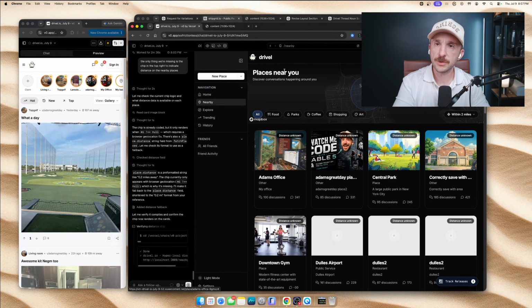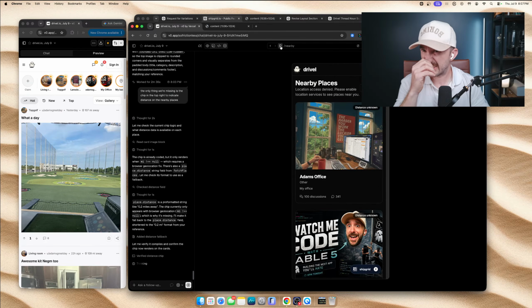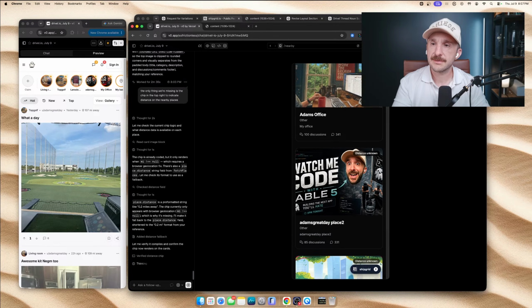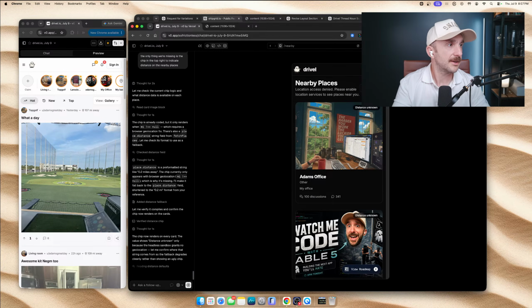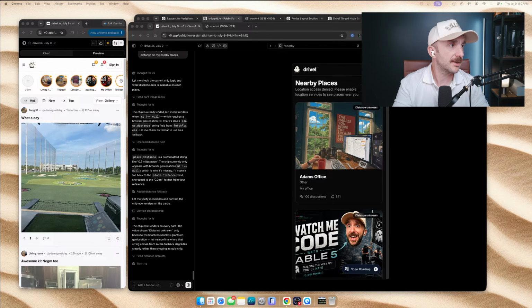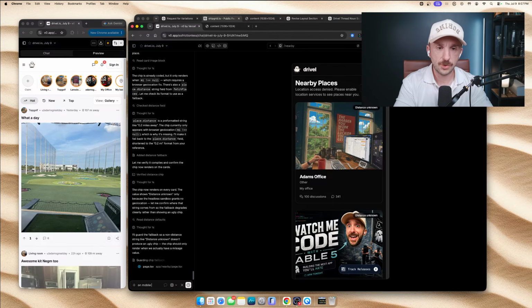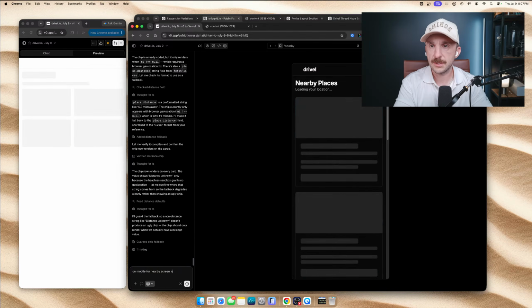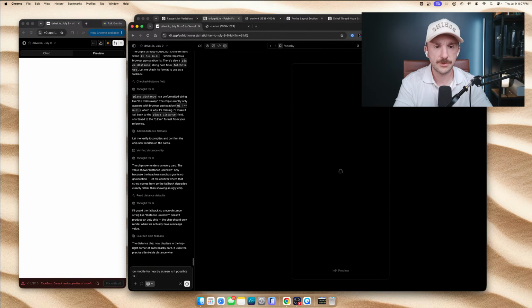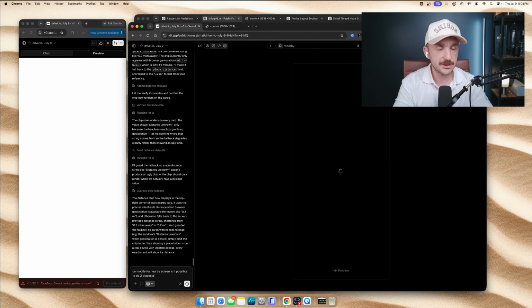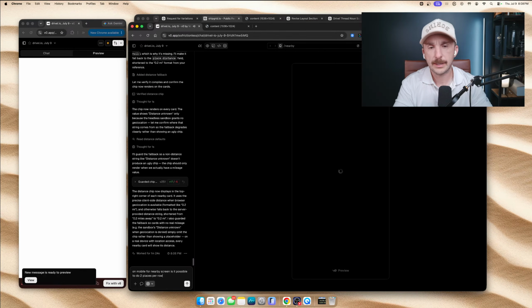I wonder what mobile looks like. I feel like it's going to look like shit, but... That's obviously not ideal. But it's also not an ideal setup. So let's see if we can jibbity something. So I think on mobile, we'll say: on mobile for nearby screen, is it possible to do 2 places per row?